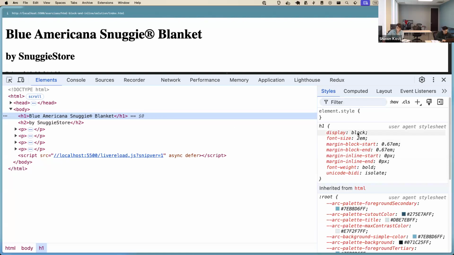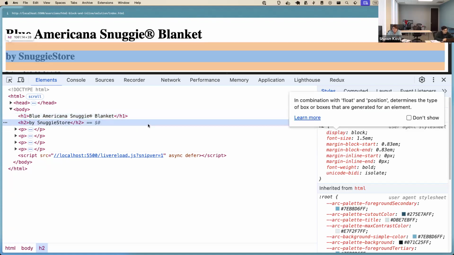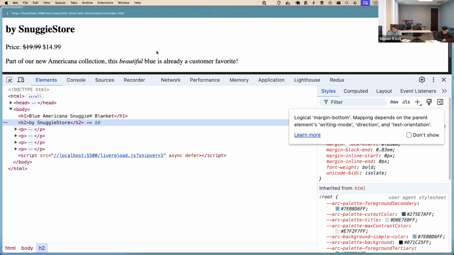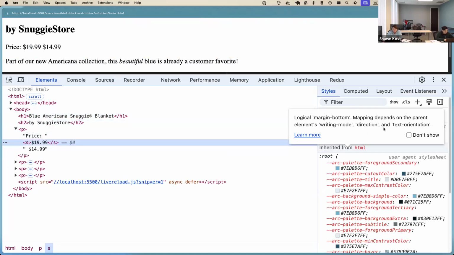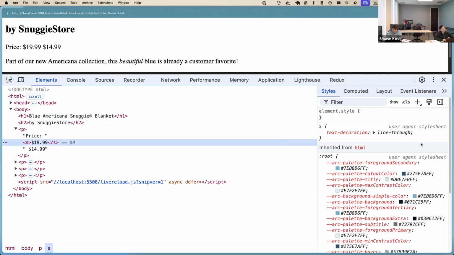You can see the browser is actually applying display block for us right here. This is what's actually making it a block level element. Every single element in HTML by default will always either be block, inline, or something else that we'll talk about in a second. That just means that's what's being applied by the browser by default. So the H1 has display block, which makes our H1 and our H2 elements block level elements by default. If we looked at our S tag, though, you see there is no display